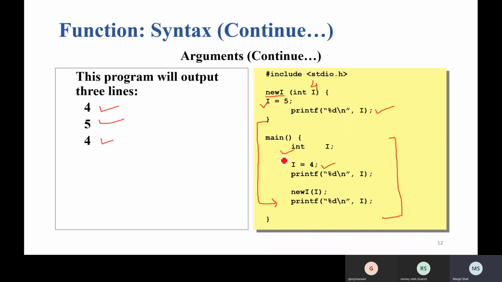Once we leave this function, this I will not be accessible, right? In the same way here integer I, so the scope of this I is limited to new I only, right? That you need to understand. So ultimately I can simply say that I of main and I of new I are different variables. These are not the same variable. Fine.